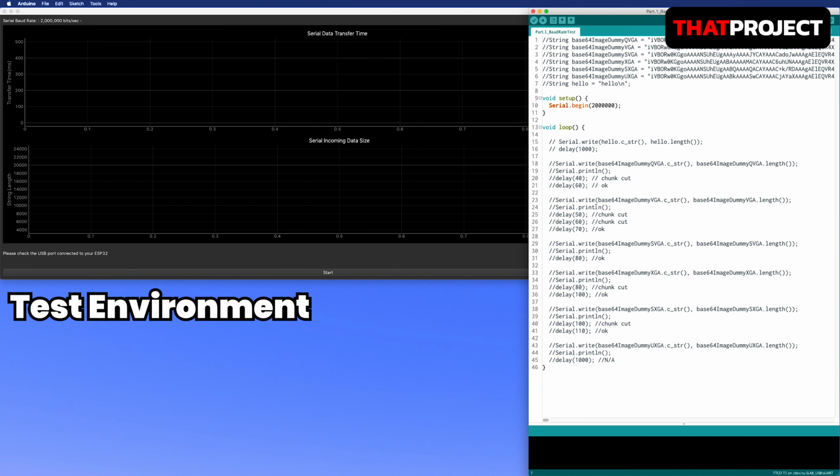From now on, I'm gonna test if I can send data at the maximum speed. Here's the source code I used. When we send data, you need to determine the size to send data at once. We call this chunk. It's common to send data in the chunk unit. There is a maximum amount of data that can be sent at once, so you cannot exceed that. The larger the chunk unit, the larger the amount of data you can send at once, but it's also important to determine the appropriate size because it can take longer to transfer. If the receiver fails to digest one chunk, there may be a problem with data transfer streaming.